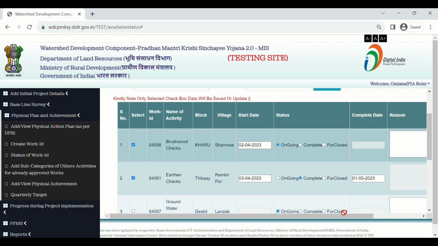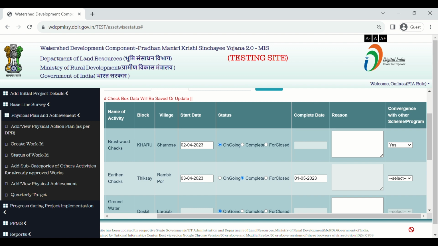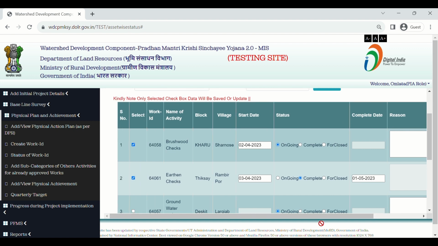Fill the date of completion and select the convergence. You have to save your status for all work IDs.